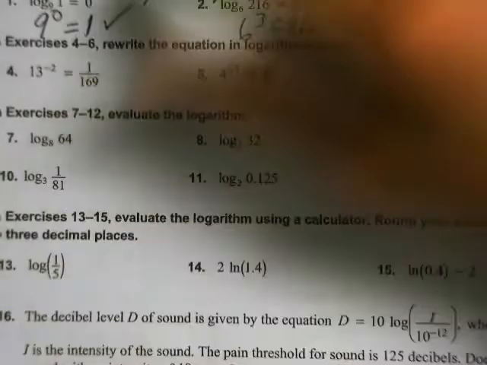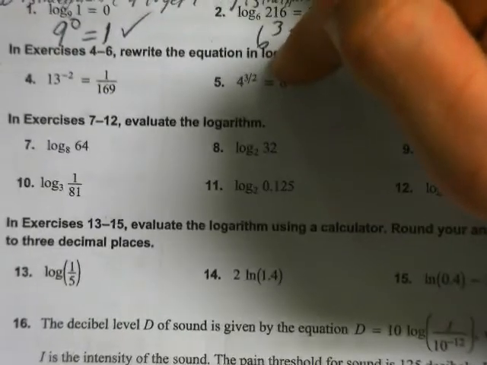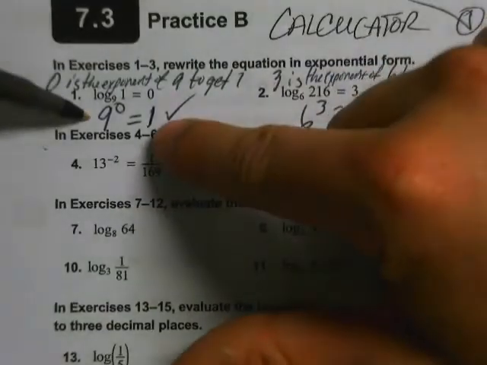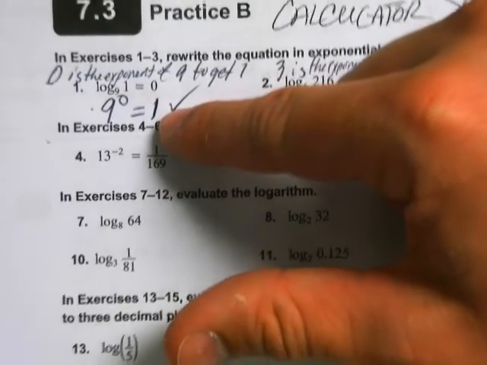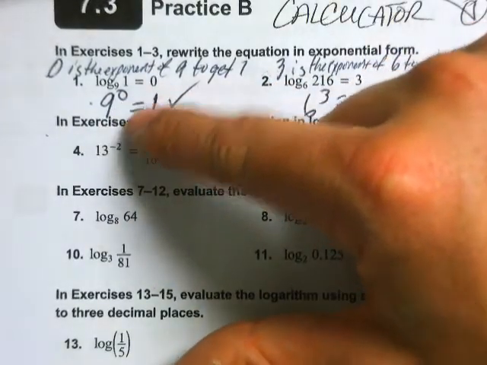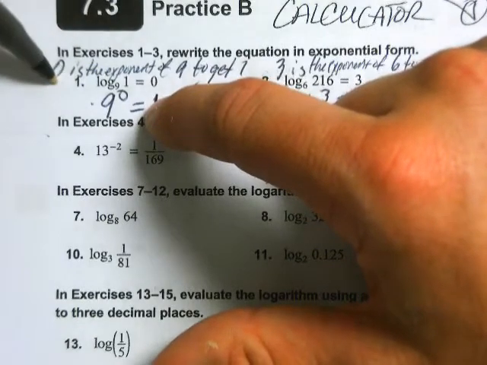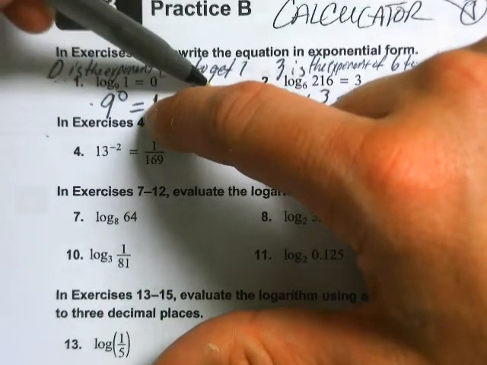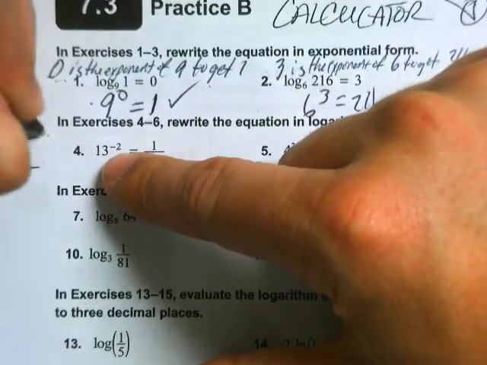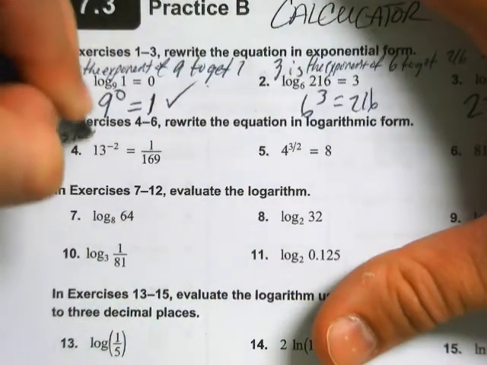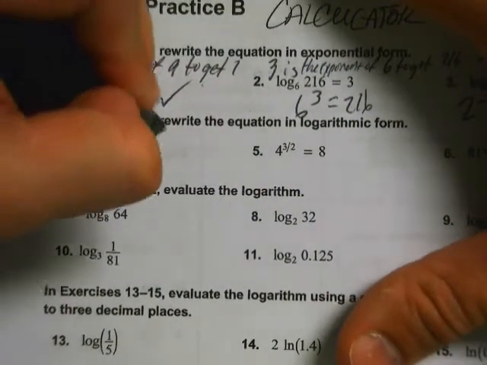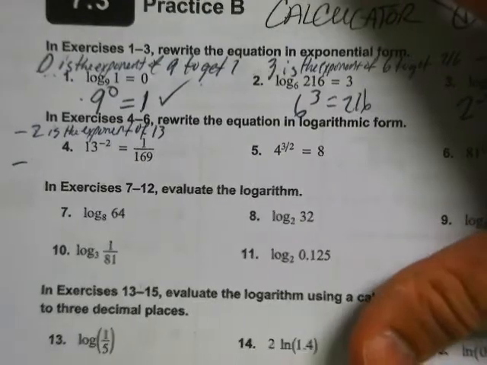All right. Let's see. Number 4, it asks us to rewrite the equation in logarithmic form. So we can just take what we did and work backwards. On this one, it says specifically, right, 9 to the 0 equals 1. So we need to kind of follow that same pattern. 0 is the exponent of 9. So -2 is the exponent of 13 to get